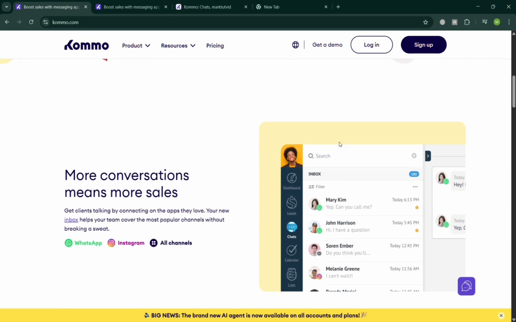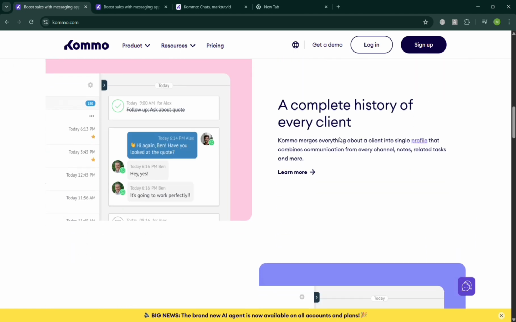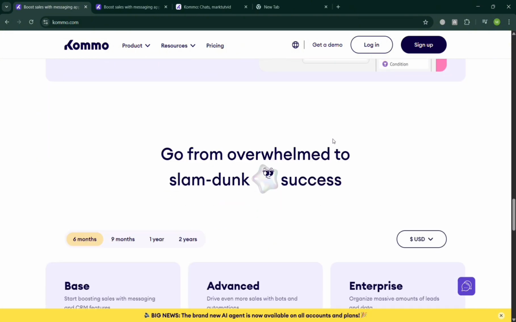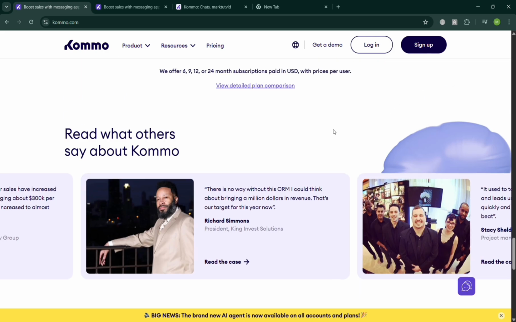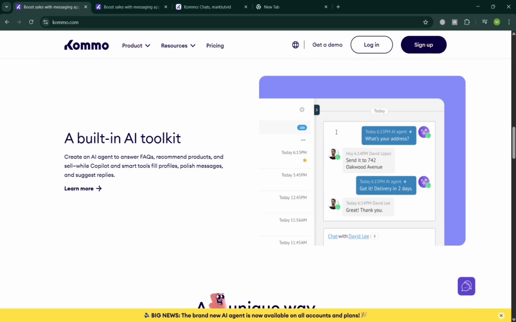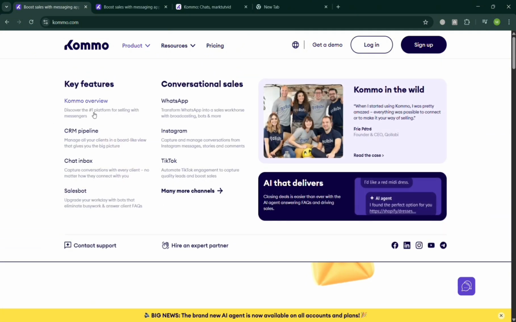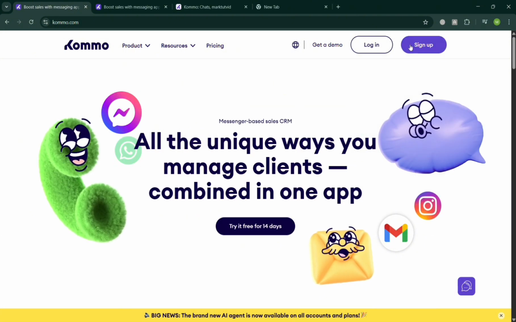But before that, if you don't know what Kommo is, it is a powerful customer relationship management platform designed to help businesses manage leads, automate sales processes, and communicate effectively with clients across multiple channels. It integrates messaging apps like WhatsApp, Facebook Messenger, Instagram, Telegram, and email into one unified interface, and it allows teams to handle all customer interactions in a single space. And the platform features tools for pipeline management, workflows, and performance analytics, helping businesses track progress and optimize sales